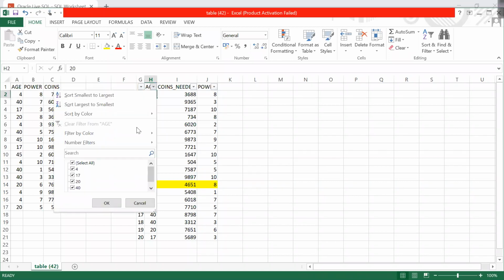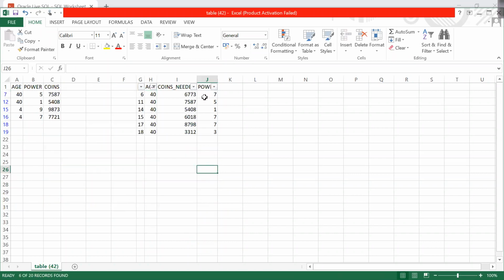Let me filter on 40. So here I have 3 records with the same power, 7. Which one will take the priority? This one, because it has the lowest coin. So 40 with power 7, 6018 should be the record. 6773 and 8798 should not be there.